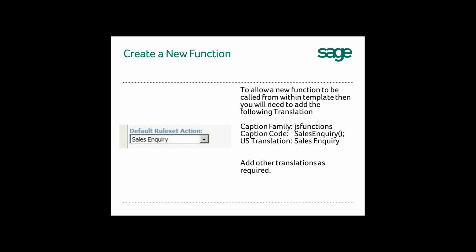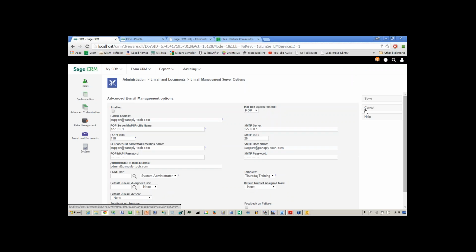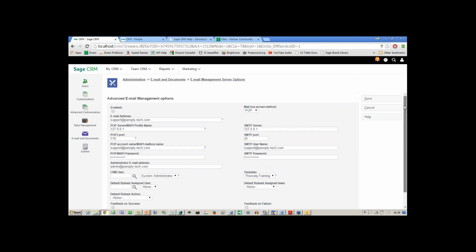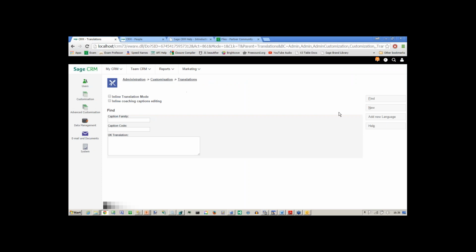You can see there's this thing called the default rule set action. The default rule set action is down here. At the moment, we've only got a few default rule set actions. But if I wanted to add more in, I start the journey of adding that in through the administration screens in customization and the translations. And in here, if I now find a caption family called JS functions,